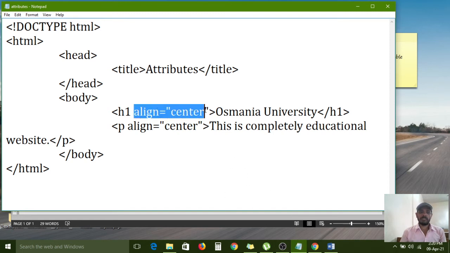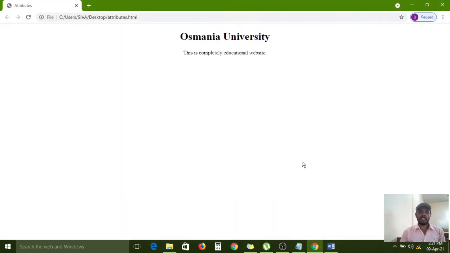If this attribute and value were transferred to the body, then the entire body part would be aligned at the middle position, the center position. If you use any element in between the body opening and closing tag, then all elements will align with center. But I don't want that. This is the body of the page.